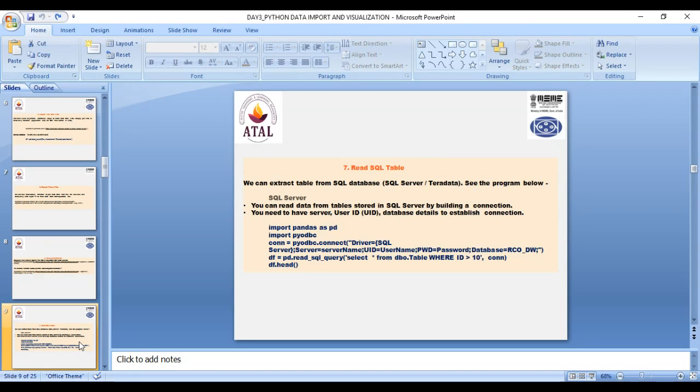Then a similar thing in Java: what we will do is JDBC connectivity. We will connect with JDBC, Java Database Connectivity, or ODBC, Open Database Connectivity. Here we are using Python, so we will use ODBC.